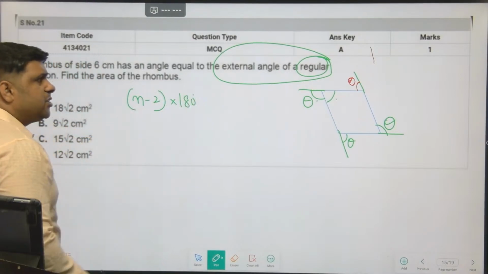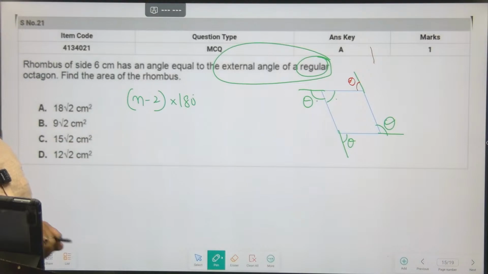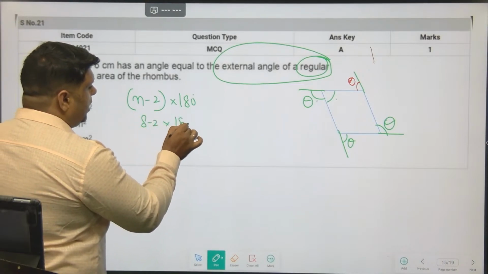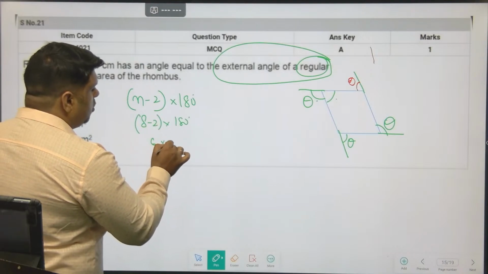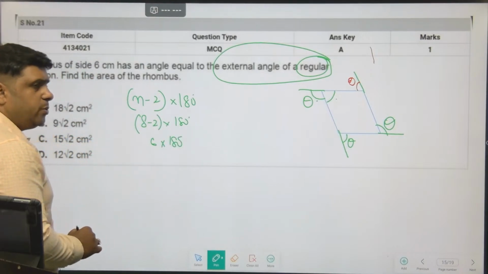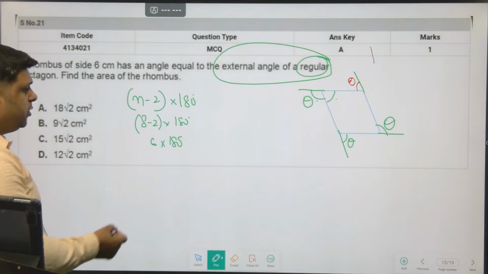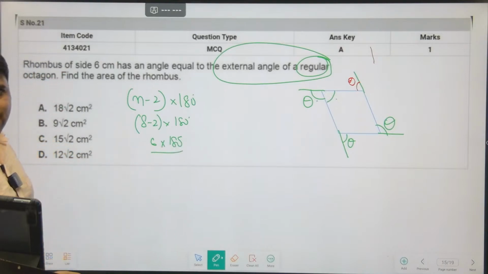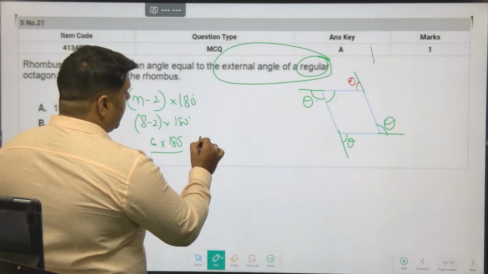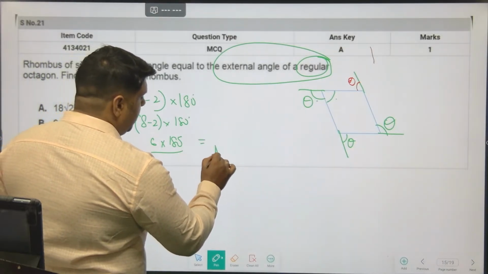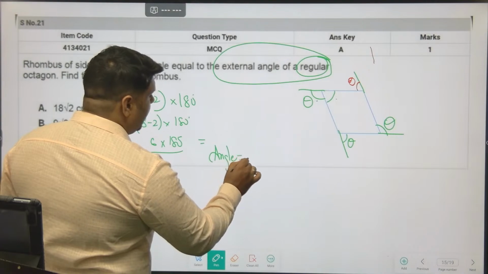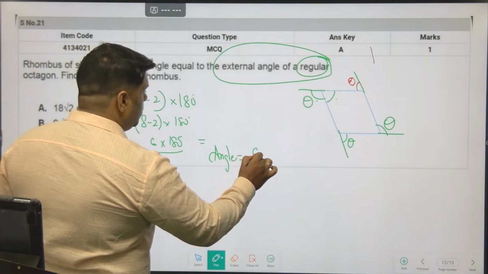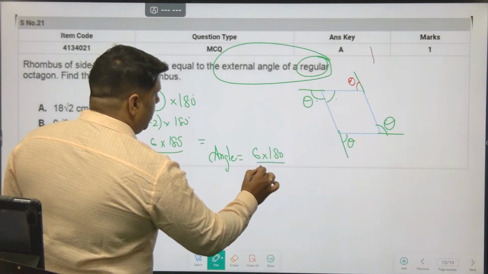So here n is octagon. Okay. So that is 8. So 8 minus 2 into 180, 6 into 180. This is going to be your sum of the angles. We should not multiply it because we have to divide it by 8, so that we find the one angle. So there are 8 angles and the sum of 8 angles is 6 into 180. So one angle is going to be 6 into 180 by 8,